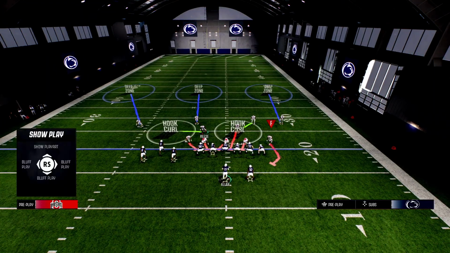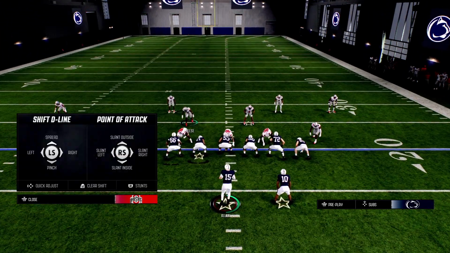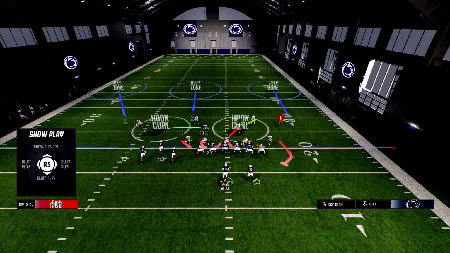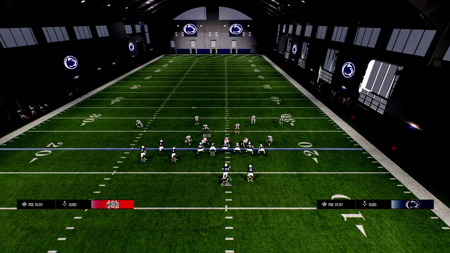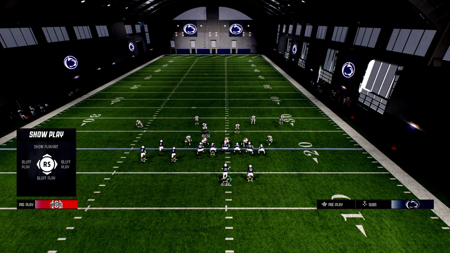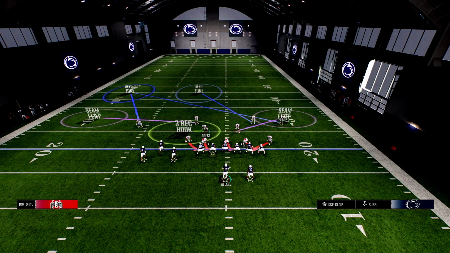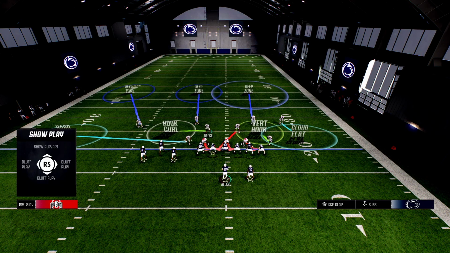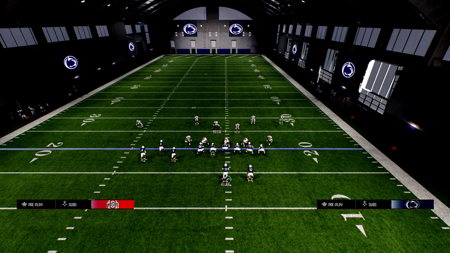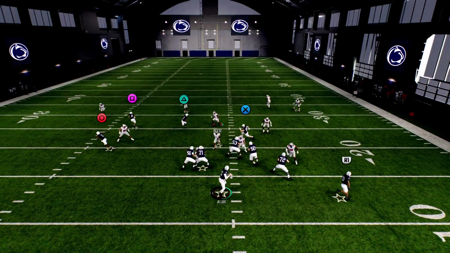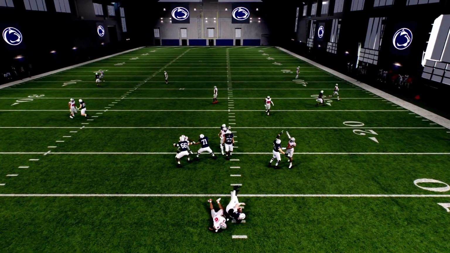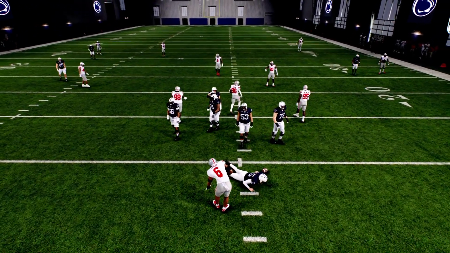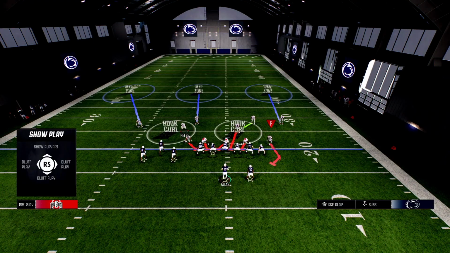But let's go ahead and take a look at the loop version of the defense. So we're just going to slant our line here to the right side. And what you're going to see happen is it's going to create a little bit of a different look, and the blitz angle is going to flip, as you see right there. Now, when I run this blitz, what I like to do is just hover out here. I don't like to really stand down there. And you see that crossfire blitz angle does a really good job of